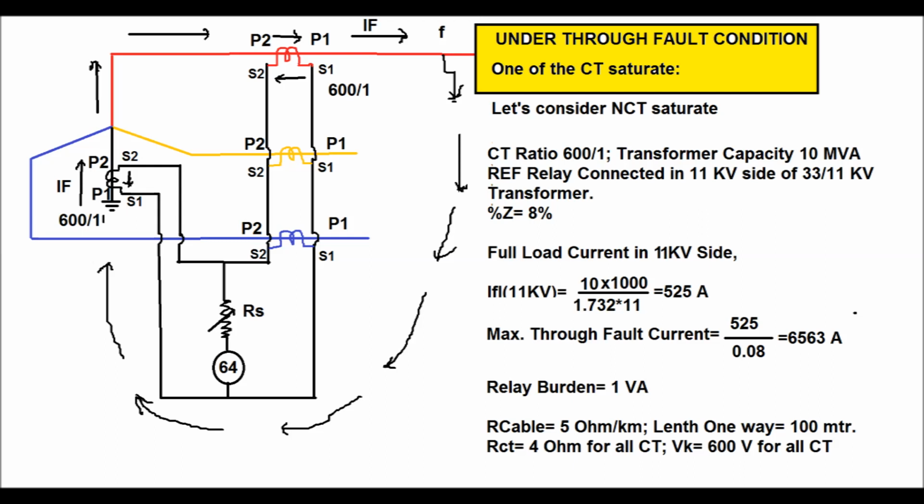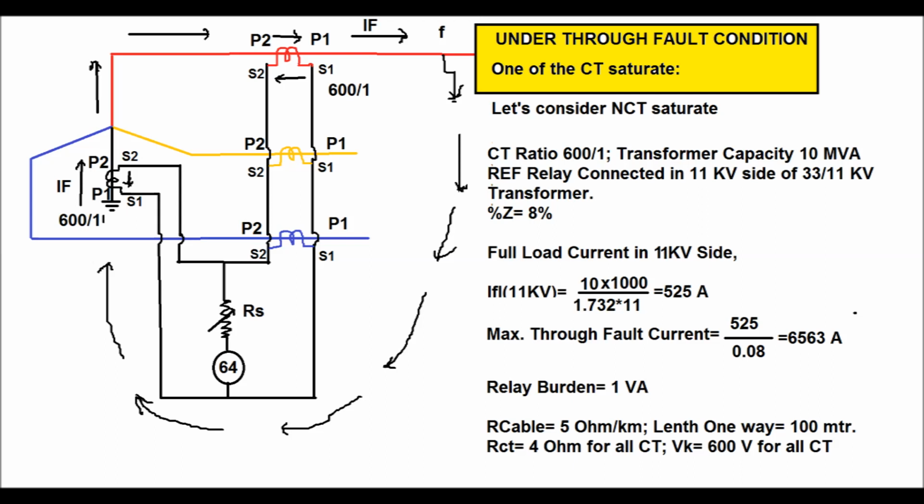Now the cable connected from the CT neutral CT secondary box to the panel is 100 meter long one way, and the RCT resistance, that is the secondary value of the CT resistance, is 4 ohm for NCT and also for phase CT, and the knee point voltage VK is 600 volt for all CTs, and the cable resistance is 5 ohm per kilometer, or 0.005 ohm per meter, and the relay burden is considered as 1